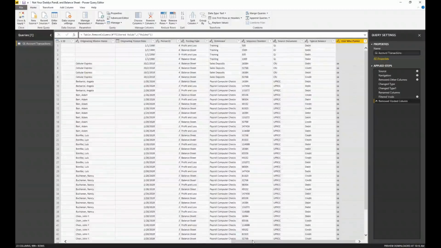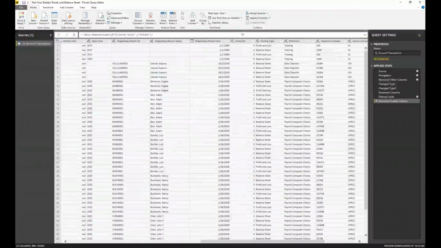Now, another thing I want to point out is in this particular file, we do have a period ID. This period ID is a fiscal period ID from GP. So if you're not on a calendar year, this becomes incredibly important to you. You want to utilize this because if I were just to extract the month from the transaction date, it would show me July would be 7. And if that happens to be the first period of my fiscal year, then I want to be able to use that as period 1. So that's why that's important there.